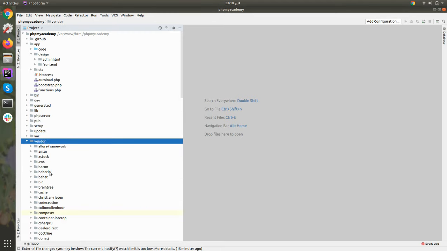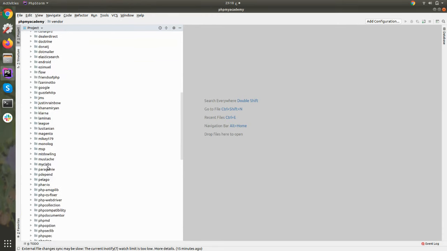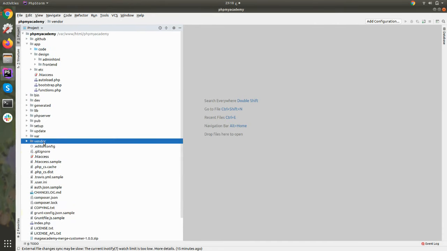Then vendor. It contains all core modules, like all Magento core modules exist here. Or if you are installing any third-party extension using Composer, that extension will also reside here. This folder will not be committed to Git if you are using Git. You don't have to commit this folder in Git.